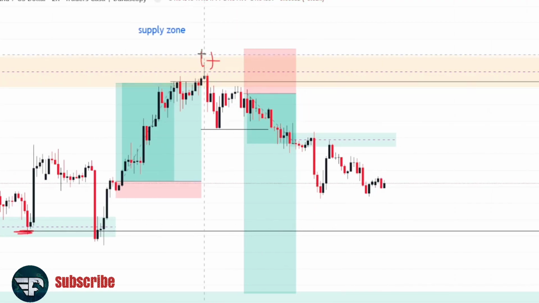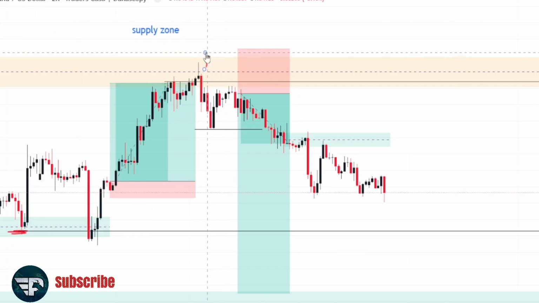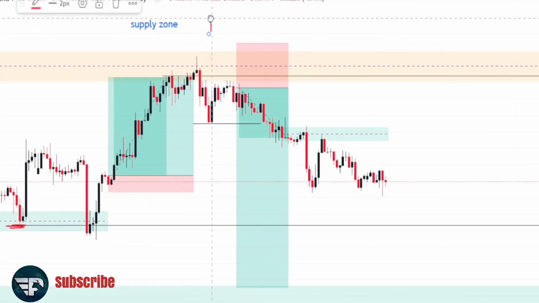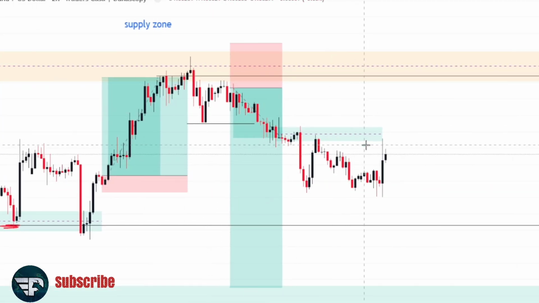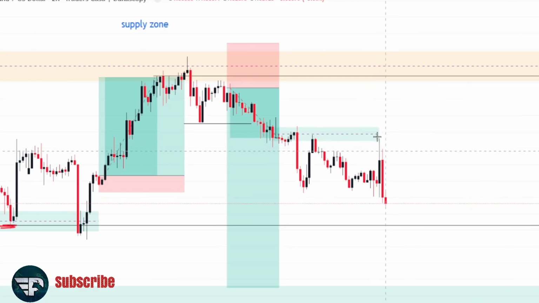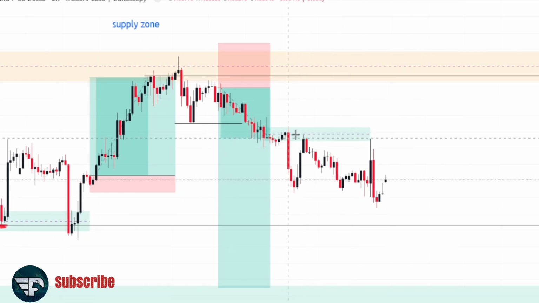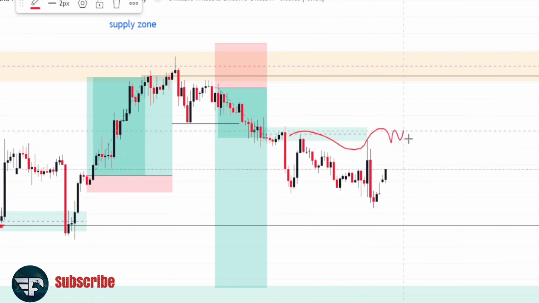So what is price doing there? Price is still dropping. Now you see price push up again. Price wants to push up into that area. You can see price wants to push up. Let's see. The moment price pushes up to this zone here, I'll look to take an entry maybe from this